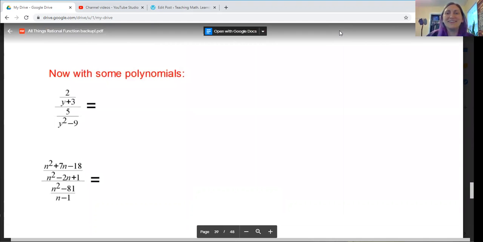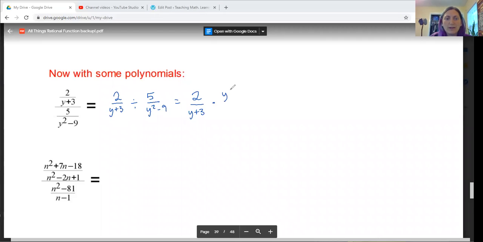Here we go. Some juicy polynomials to work with. Okay, so let's start this off by saying, here's the bar in the middle. So we just set this up as 2 over y plus 3 divided by 5 over y squared minus 9. Okay, and then because we want to change all fraction division into multiplication, we have 2 over y plus 3